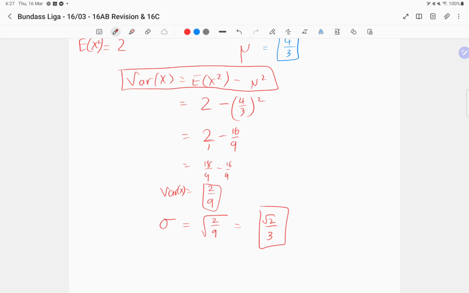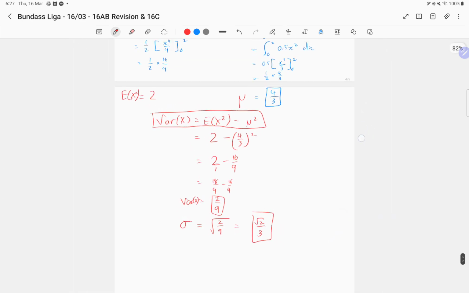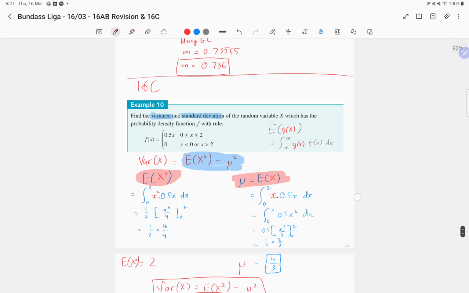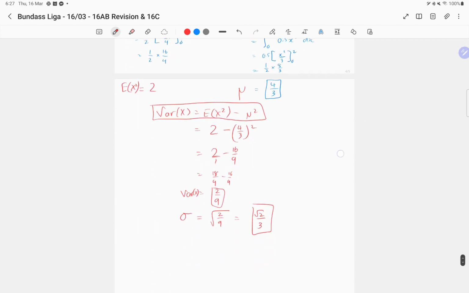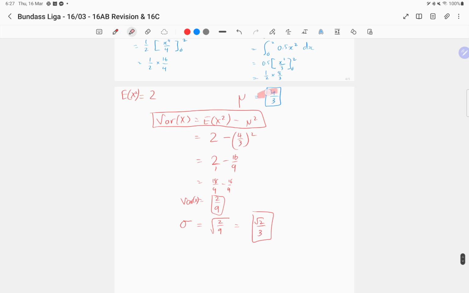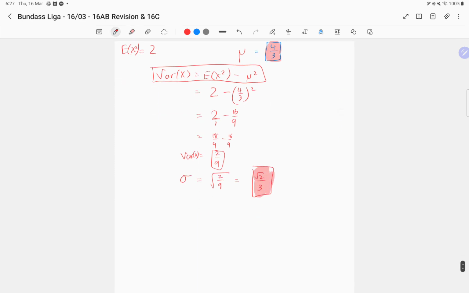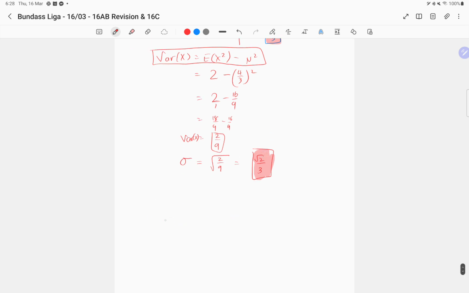Alright. Can you quickly find for me, so we know the mean is 4 over 3, right? Okay, so the mean is 4 over 3, yeah? And then the standard deviation is square root 2 over 3. Can you quickly find what's the probability that the x value is, because if you were to graph this,